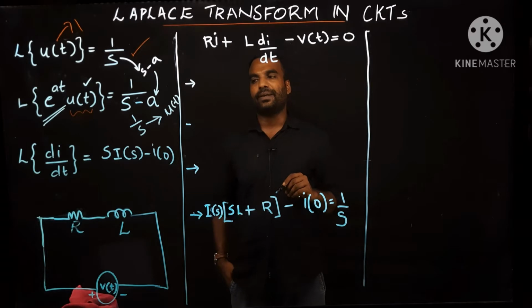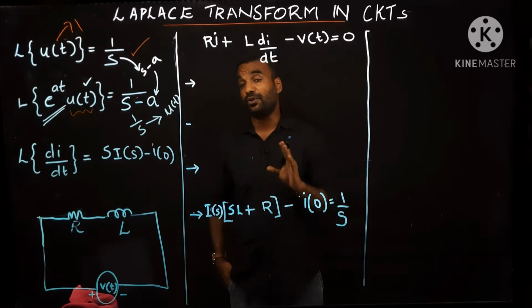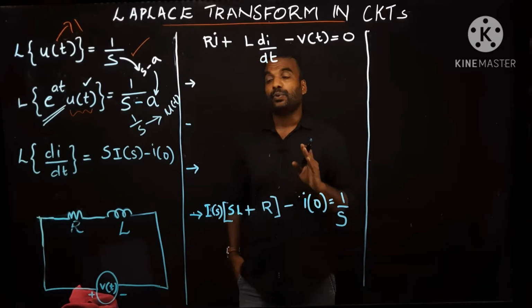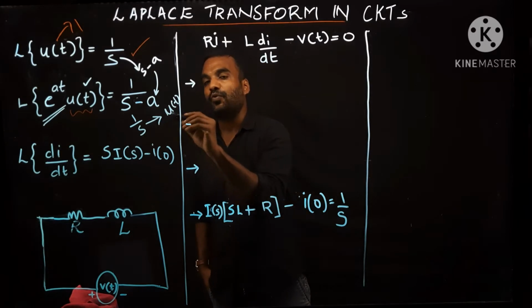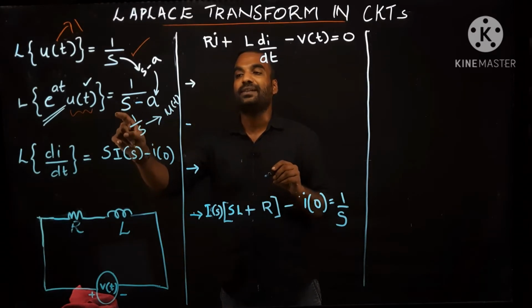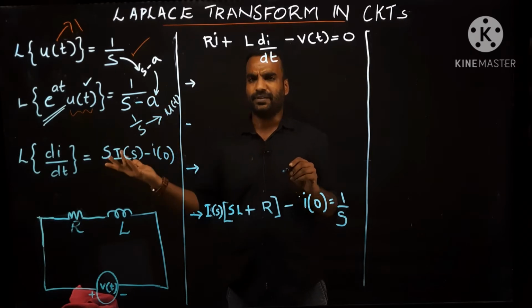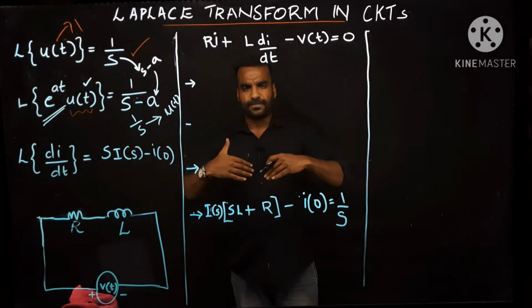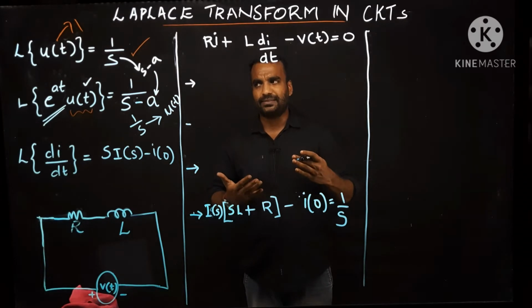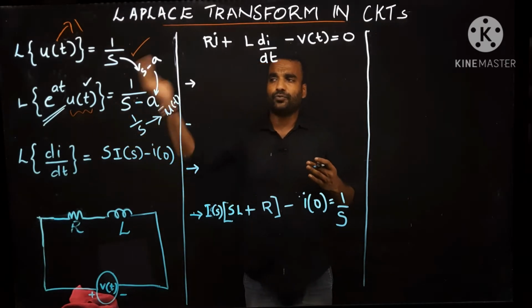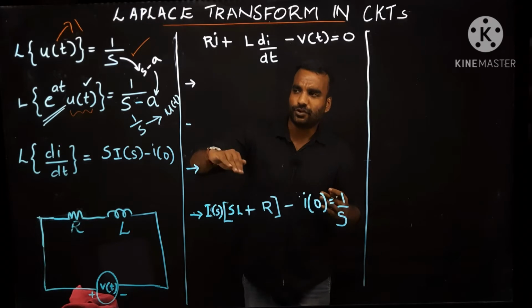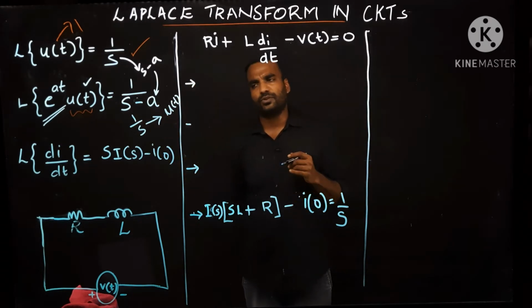Laplace inverse of 1 by s is 1 or u of t. You already know that. Then, if you want to find the inverse of 1 by s minus a, please multiply with e raised to at in time domain. Both are reversible. You can go from time domain to frequency domain and from frequency domain to time domain. This shifting is also very important.